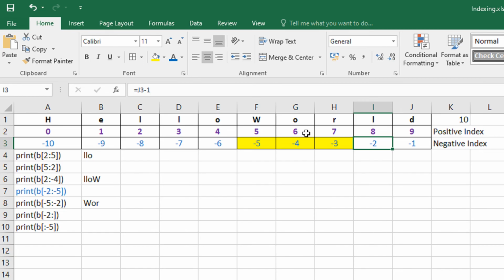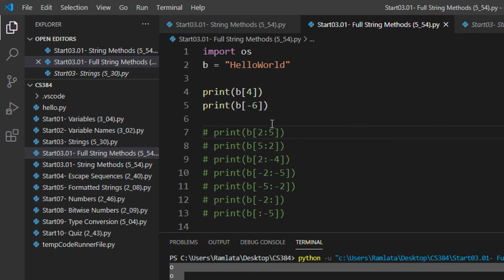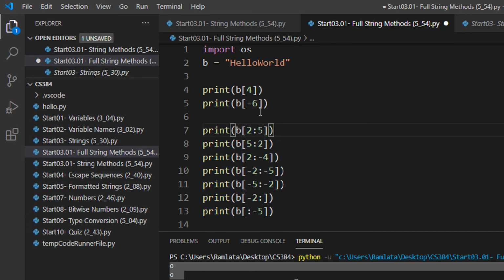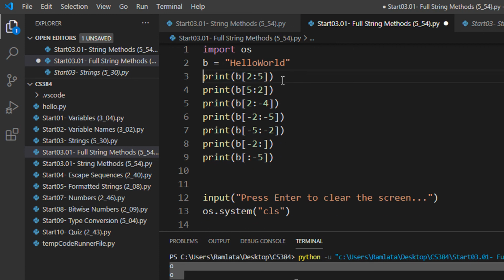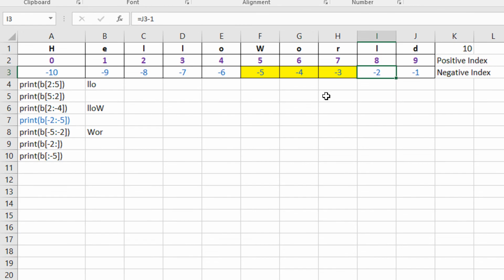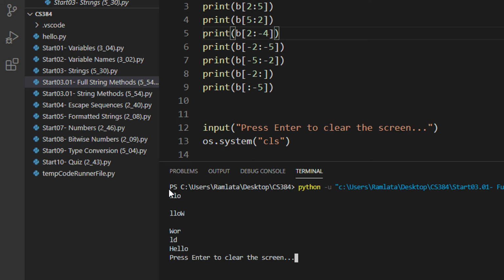Okay, let us just check the output for these outputs. Let's just verify it. Okay, so let me just copy this.